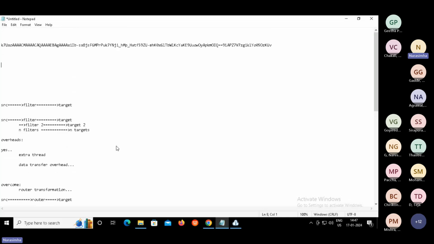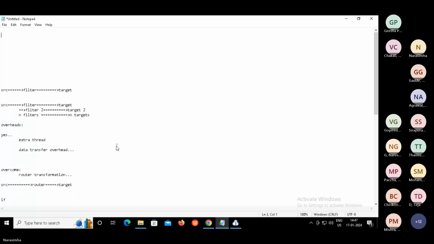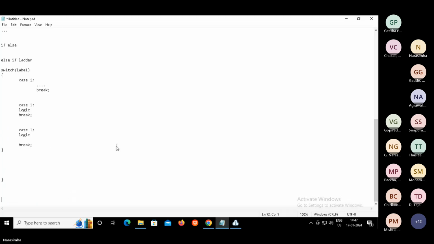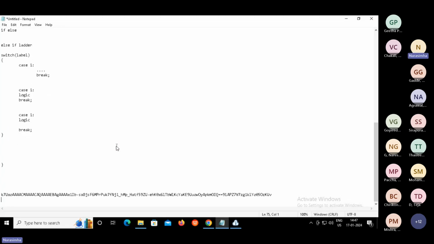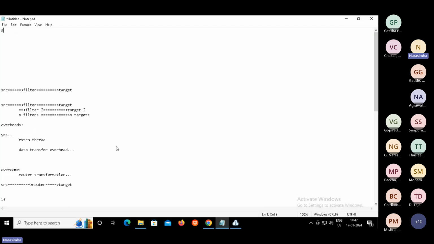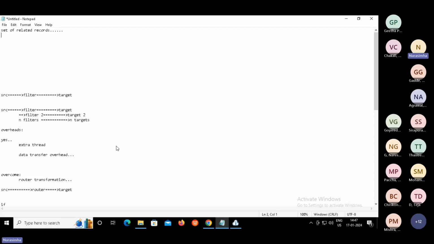Aggregator transformation will be used in order to what? Group a set of related records. I repeat, aggregator transformation will be used in order to group a set of related records.